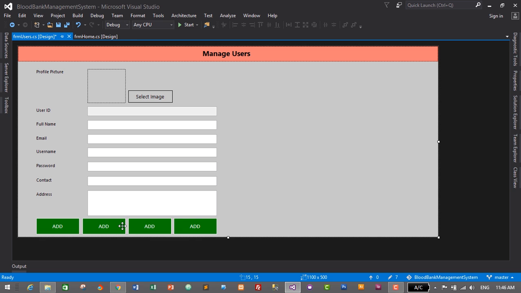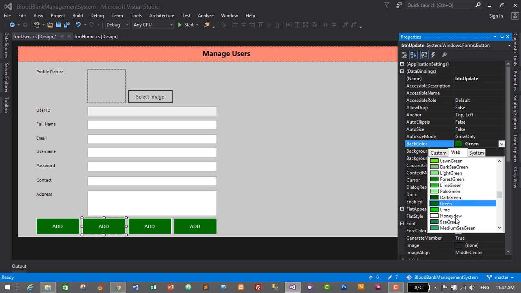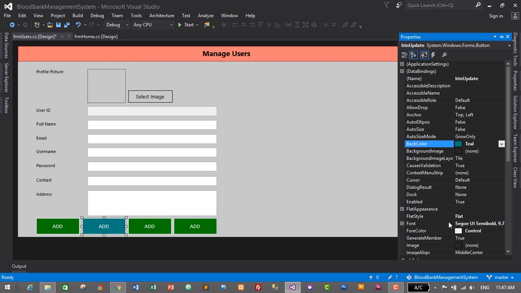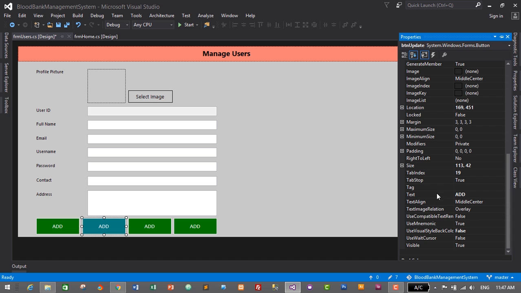also. So I'll just select the button, go to properties, and change its name from button 1 to btn update, and let's change its back color from green to teal. I'll search for teal. Here it is, teal. This is nice. And let's change the text from add to update,